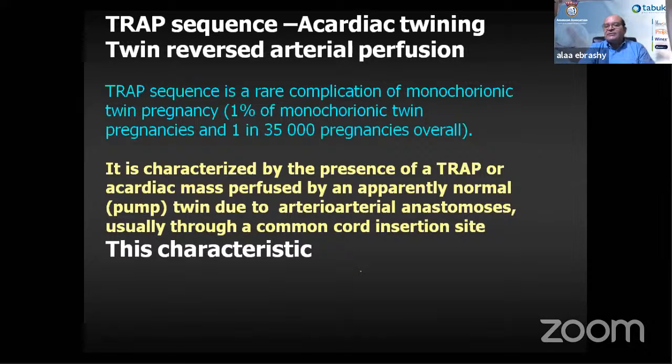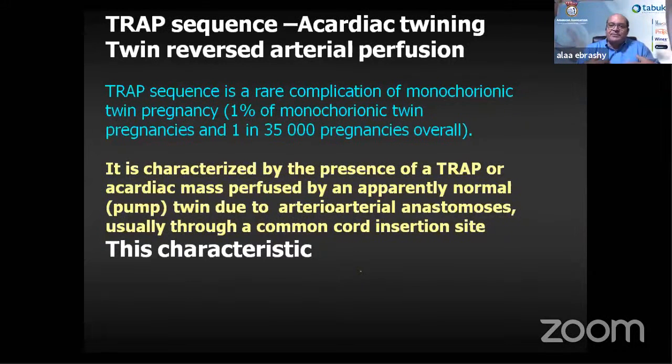The last thing is the TRAP sequence, which is called acardiac twinning. It's a very rare abnormality, but we have seen it many times. It's called twin reversed arterial perfusion, TRAP, or in the past we called it acardiac twinning or acardiac monster. It is characterized by having an artery-to-artery anastomosis, and the developing fetus does not have a heart. So we have a fetus with a normal heart, and the other one is not completely developed, has no heart, and the blood is coming from the healthy one to the other one, and it is pulsating by the heart of